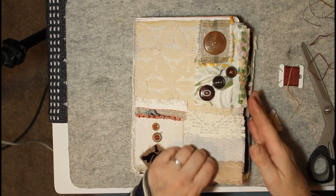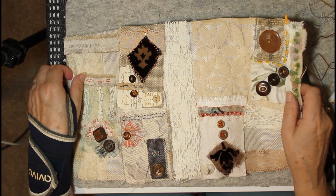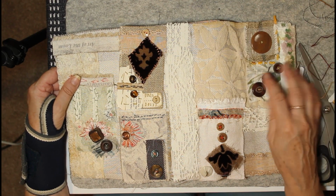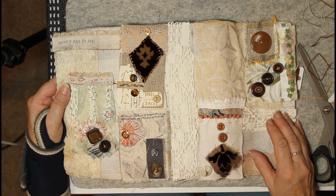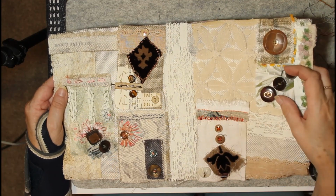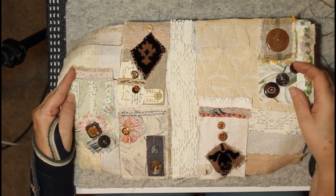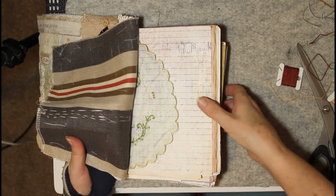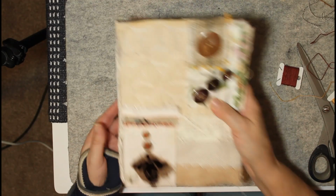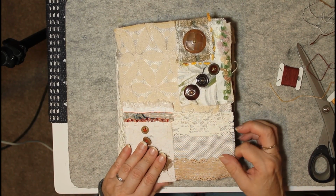cover. So if you didn't catch the series I did just before we moved house, every week I rolled the dice, and the number on the dice determined the number of buttons I put on the piece that I made that day, and did this all with vintage pieces of lace and vintage fabric, and I've added them all together on this journal. I've got some signatures here all together to give it a guide. It's going to be quite a decent, nice chunky journal,